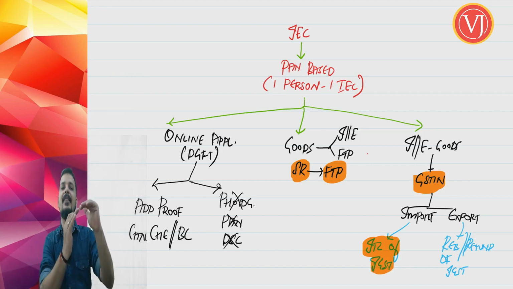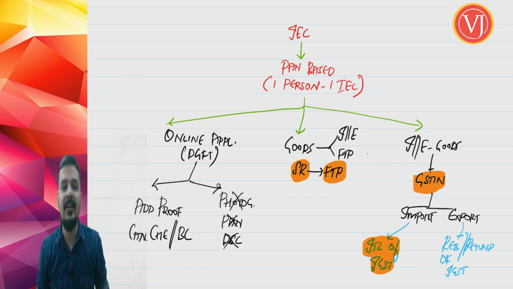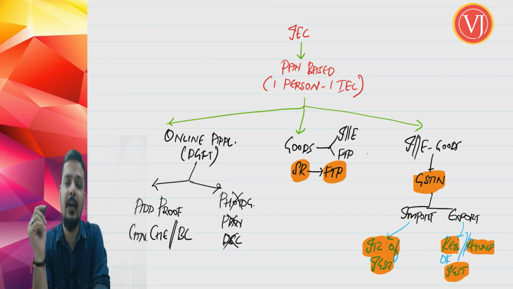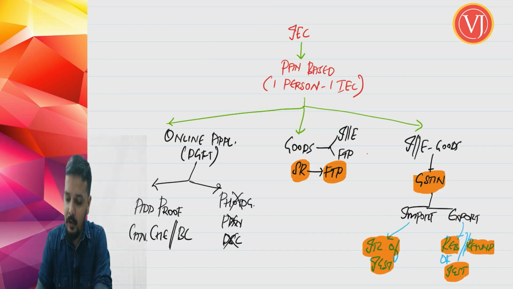Customs duty will have BCD, social welfare surcharge, and IGST as normal customs duty. You can take the credit of IGST, for which you have to give your GST number at the time of import. At the time of export, you are also required to give GST number so that you will get the rebate or refund of your IGST. So if at all you are talking about a refund under your GST, obviously you should mention your GST number.